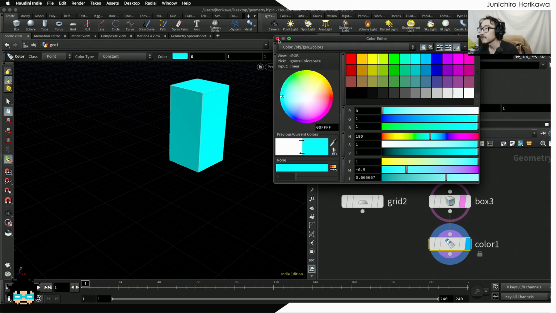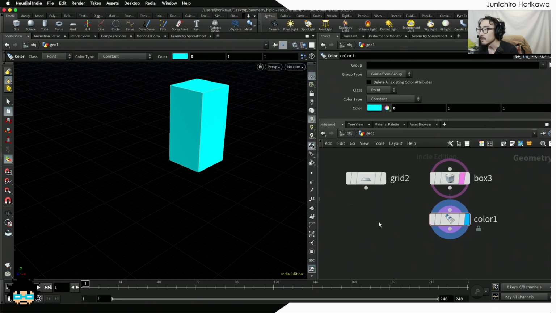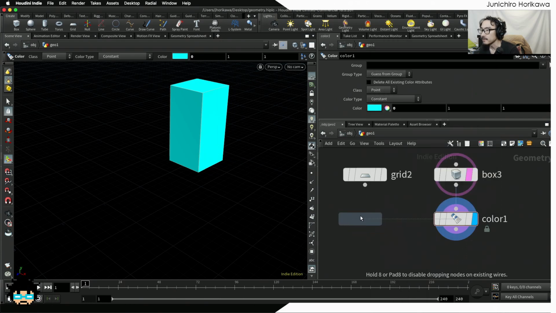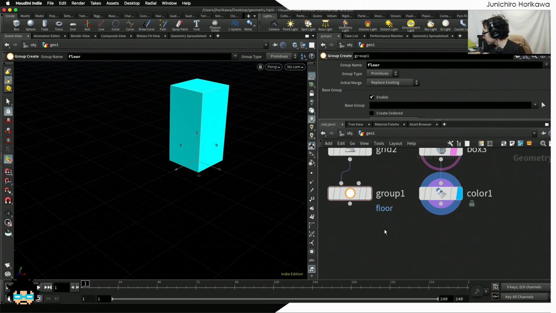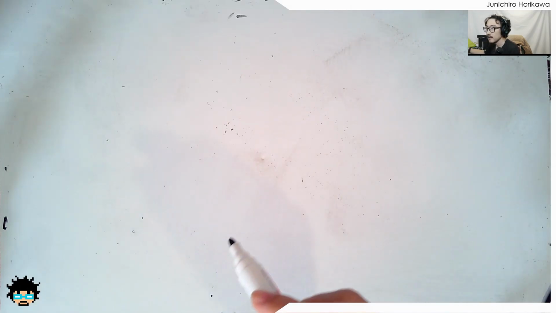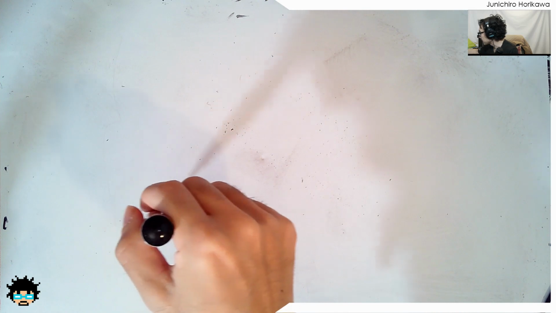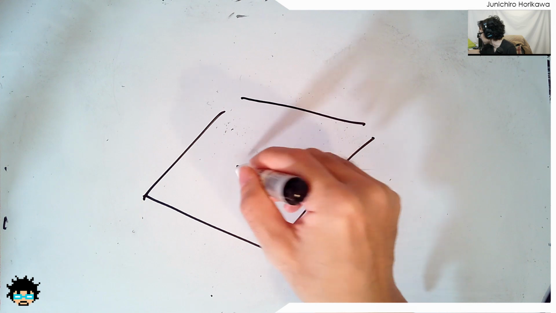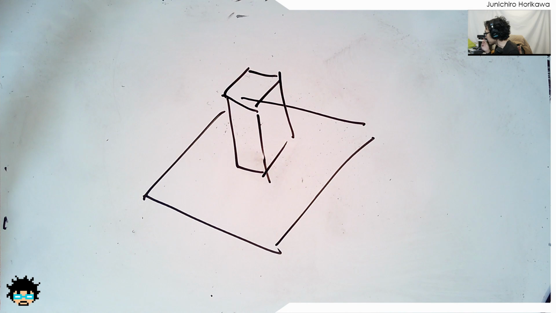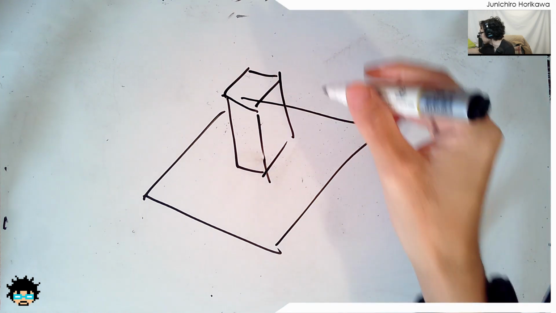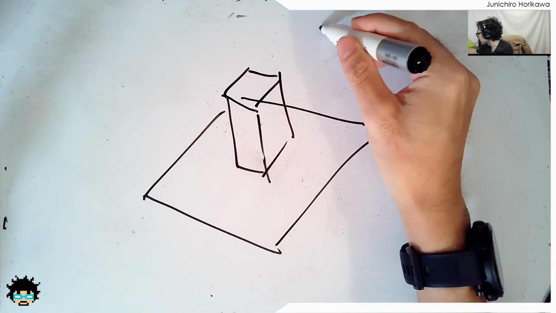Now let me also color this box to some color, like cyan, probably. Okay. I'm also going to create a group for this ground, saying floor or ground, anything. Now, first of all, there is a plane and a geometry like this, and the next thing I'm going to do is to set the direction of the light